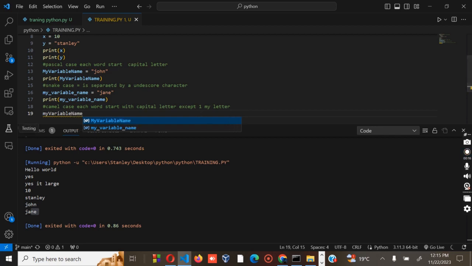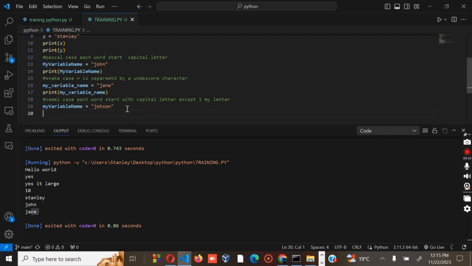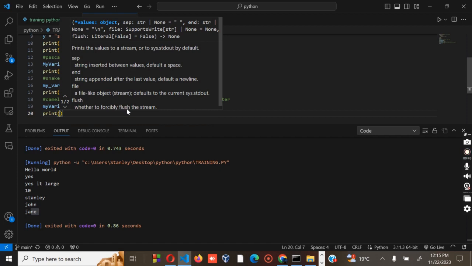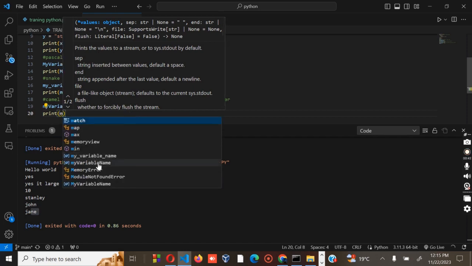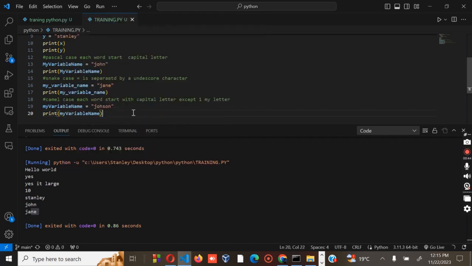Note that the first word should always start with a small letter. Okay, so we use a name like Johnson, then you print myVariableName.